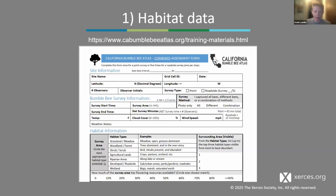Okay, so the first part here is sort of just general site information. The site name is totally up to you. What you want to put in there is for your own purposes, for you to relate back to which site you were at. There's a section to write in the grid cell that you're in, the date, the latitude and longitude, number of observers, initials, survey type,